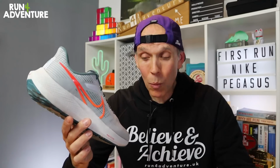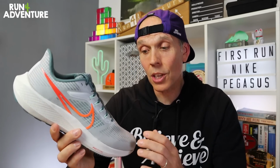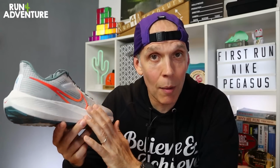So if you did have a bit of width, I don't think it's really going to work out for you in this upper. Fortunately, Nike are doing the new Pegasus in a width fit option. So there is an option there if you feel you need a bit of extra width and volume in the toe box. So all in all, really happy with the great fit and those levels of comfort in the new